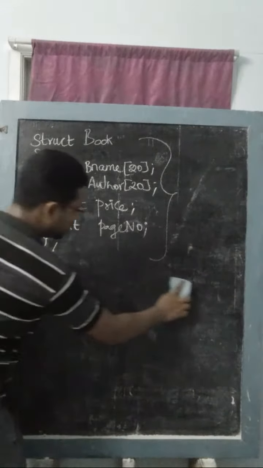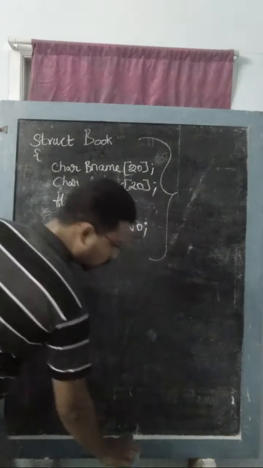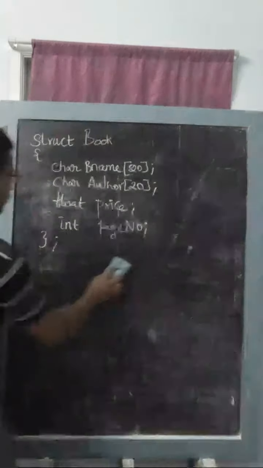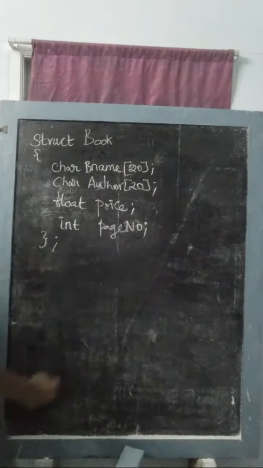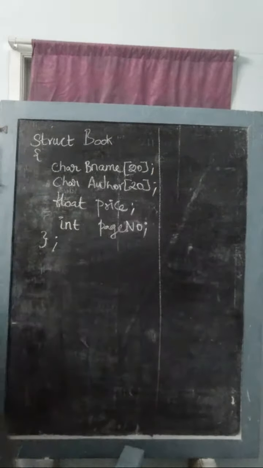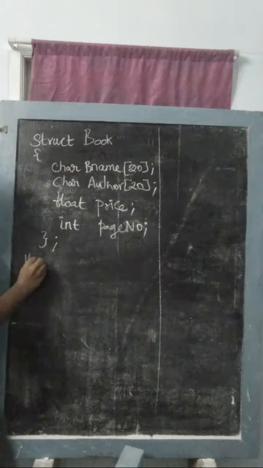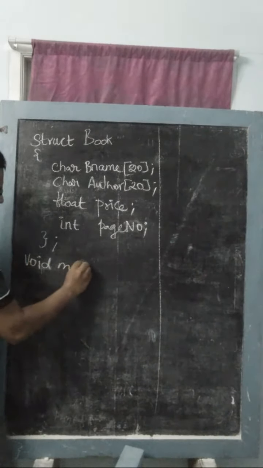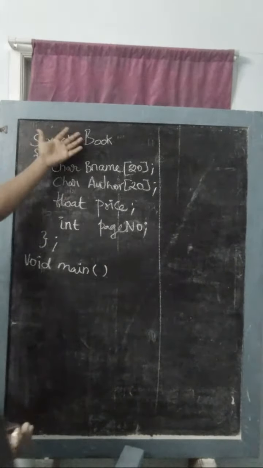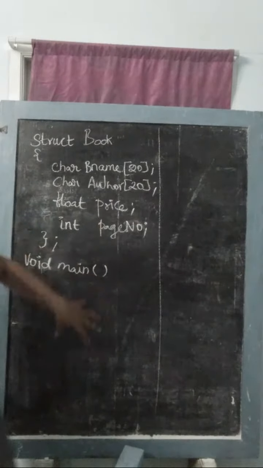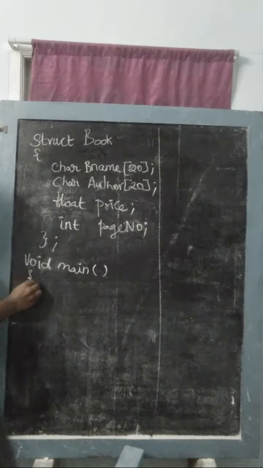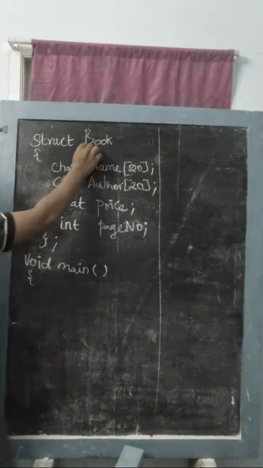So how to connect the structure into a program? Shall we connect? Okay, fine. I'm just going to write void main here. After the structure only we are going to write. The structure may be outside of the class or outside of the main or inside of the main. That is not a problem. But if you are writing outside of the main, you have to create an object for the